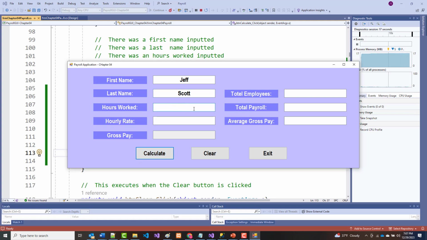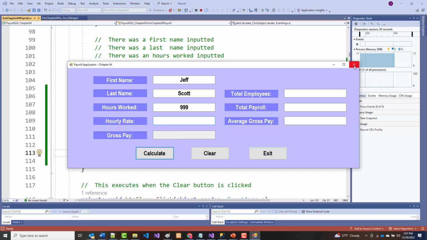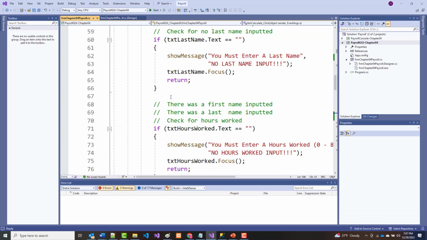Now, too, if we put in number of hours, did we make those checks? I don't know. How about if we put in 999? You must enter an hourly rate. So we didn't put in those checks. All right. So where we came in here,